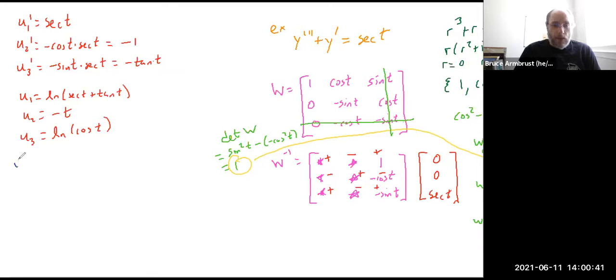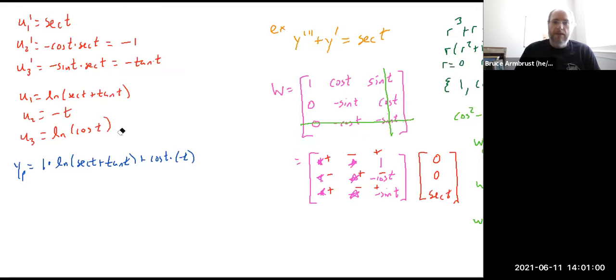So we know then that y particular is going to equal 1 times natural log of secant plus tangent plus cosine of t times negative t. Plus sine of t times the natural log of cosine. Right, so you just take these in order and multiply them in order